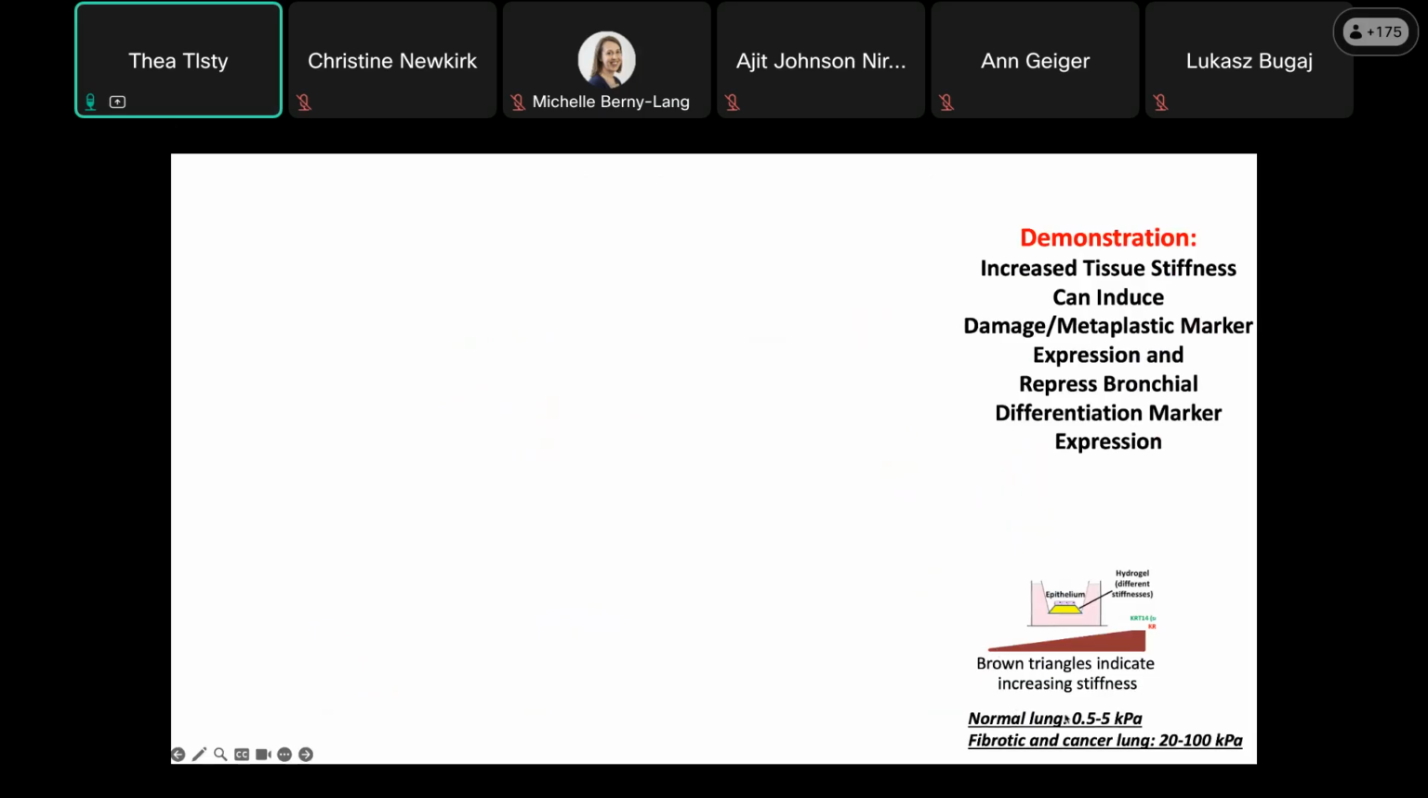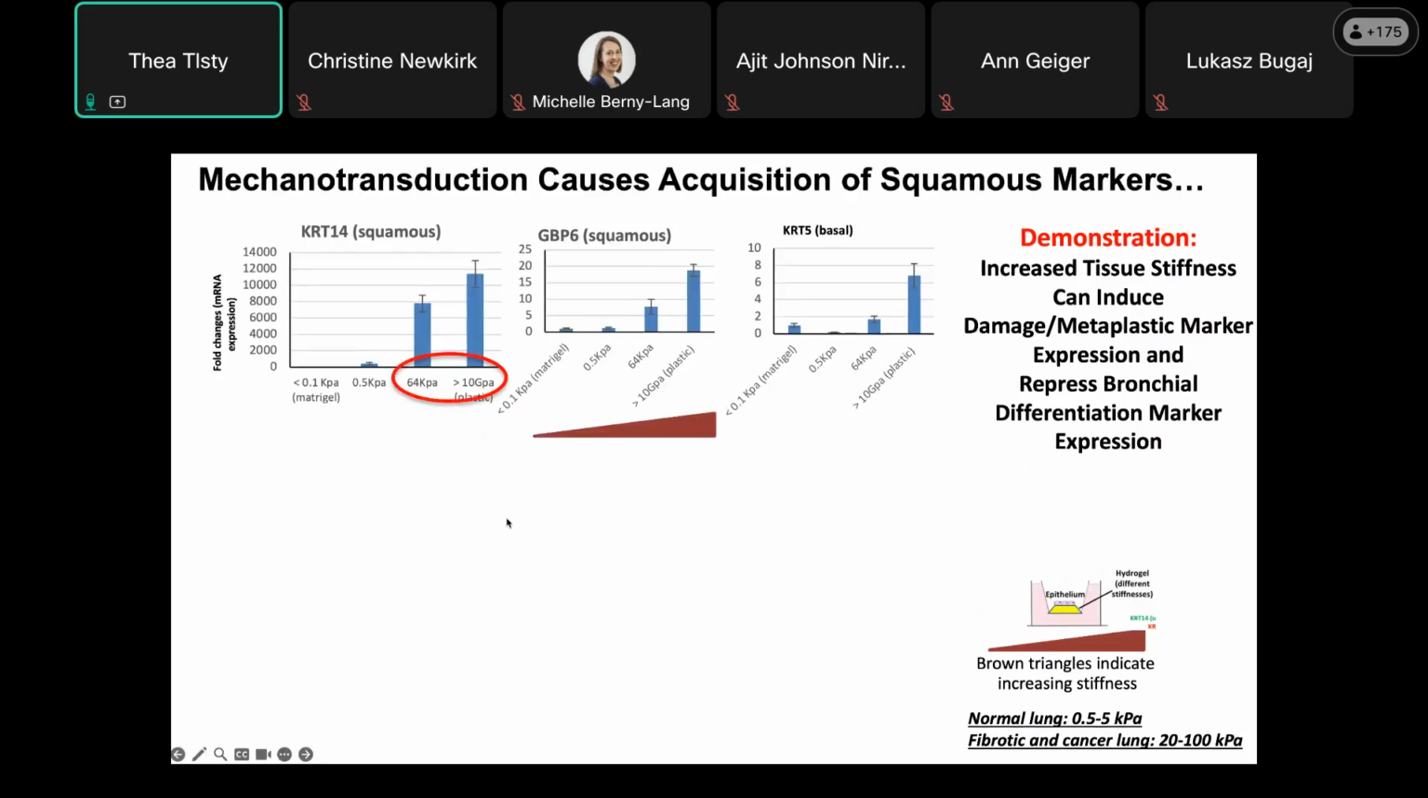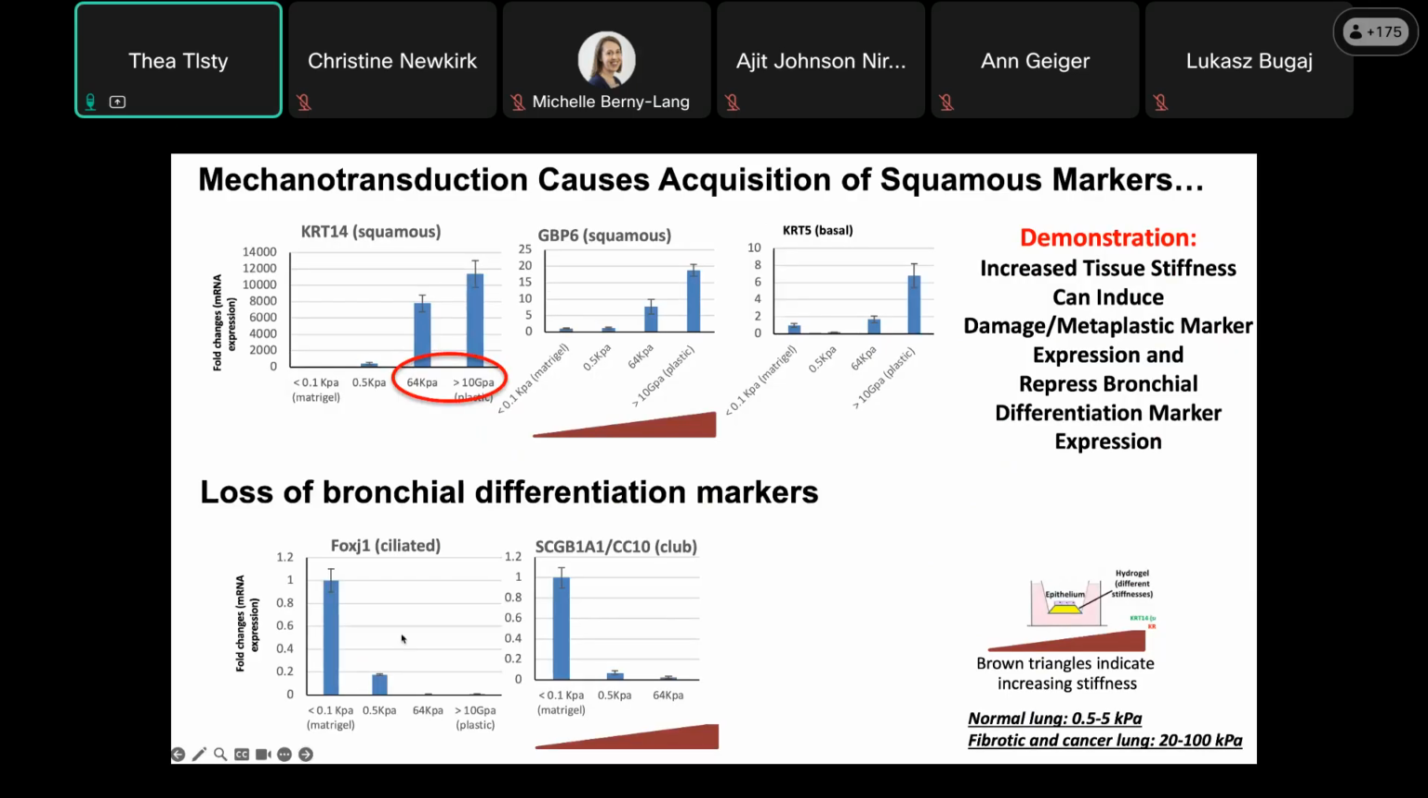So he had a stiffness that was equivalent to normal lung tissue, as well as all the way up to a stiffness that recapitulated tumor, what you see in a tumor microenvironment. And what he found was quite dramatic. As you increased in stiffness, when you went up to the tumor stiffness, you induced the squamous markers and you reduced the bronchial differentiation markers,